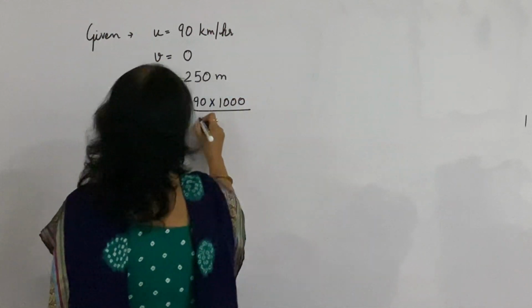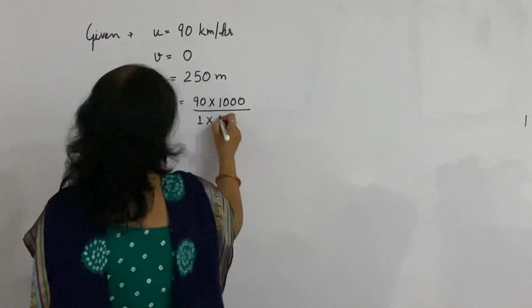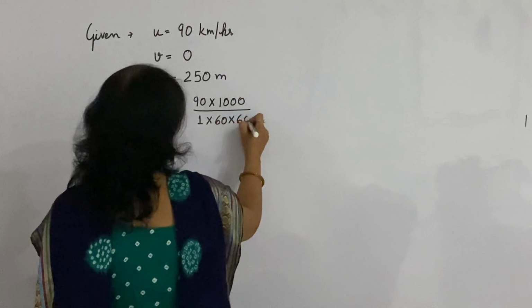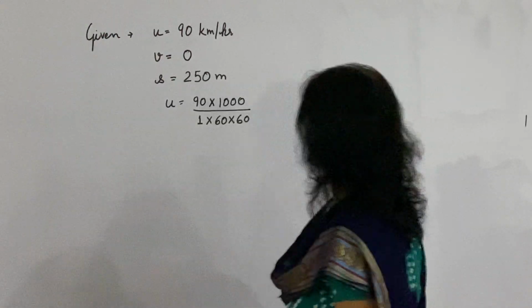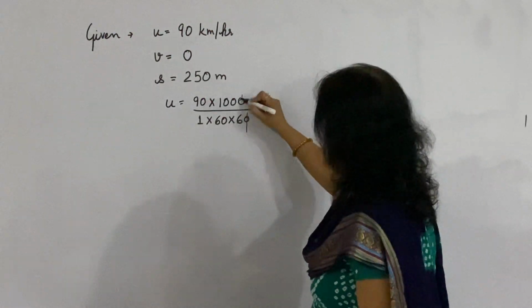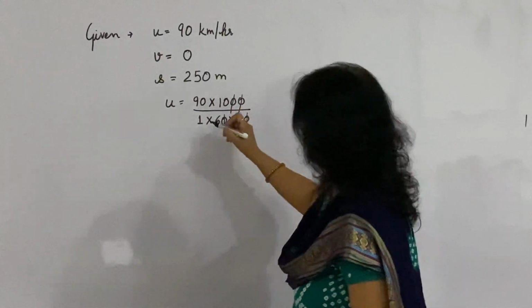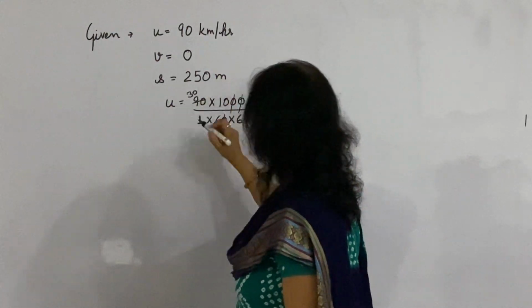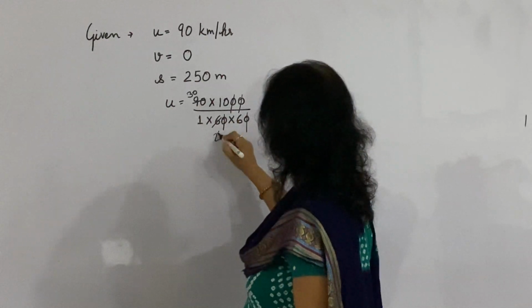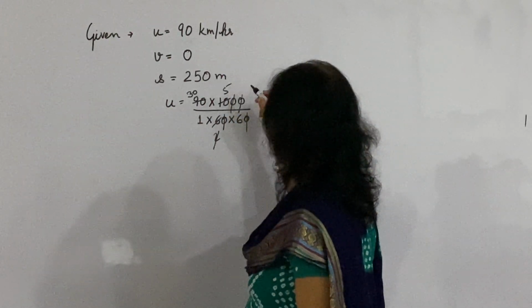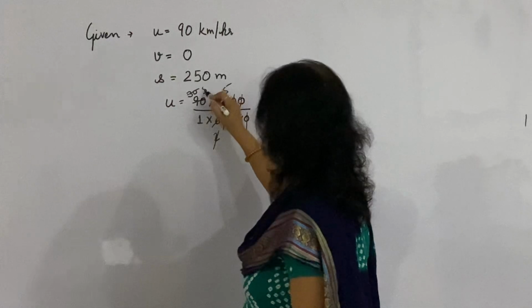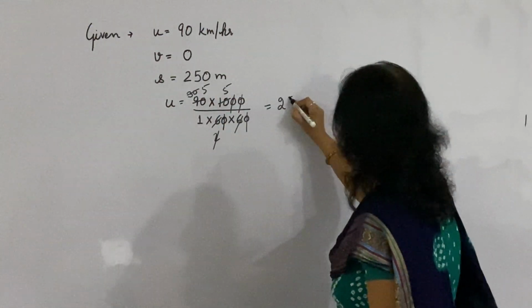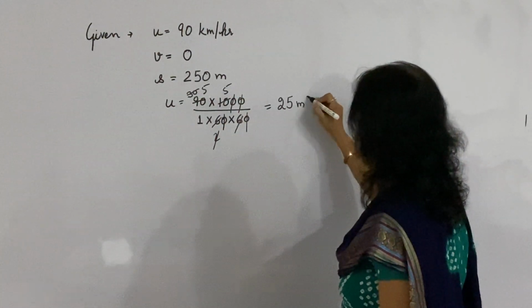Per hour means 1 divided by 60 minutes, and in every minute there are 60 seconds, right? Now the value comes out to be, initial velocity comes out to be 25 meter per second,